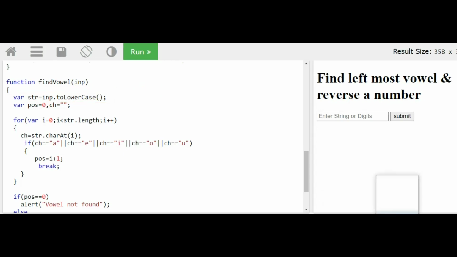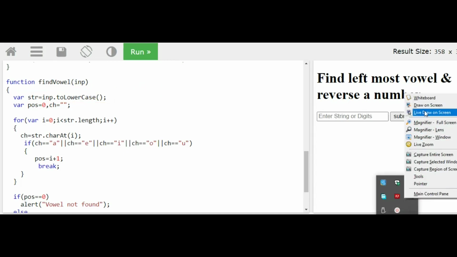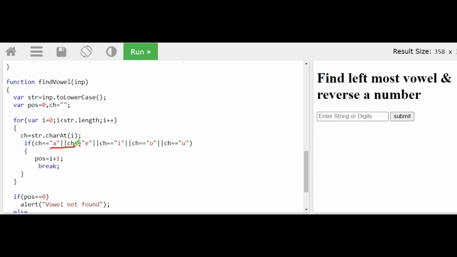By converting the entire string into lowercase, we can directly check vowels in lowercase only. Otherwise you would have to check lowercase vowels as well as uppercase vowels, because your computer discriminates capital letters from small letters. It treats them differently. So this is the best idea: convert the entire string into lowercase.